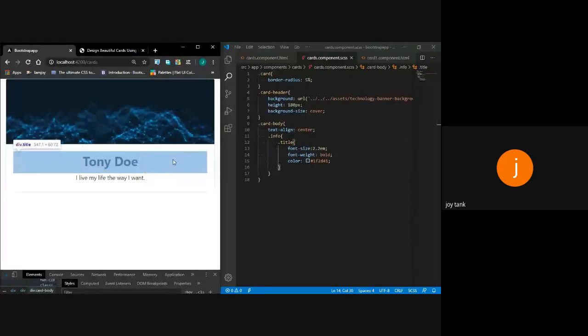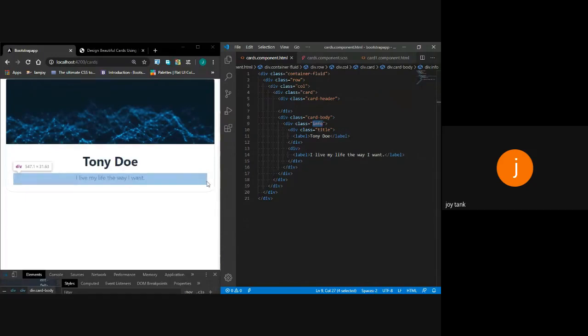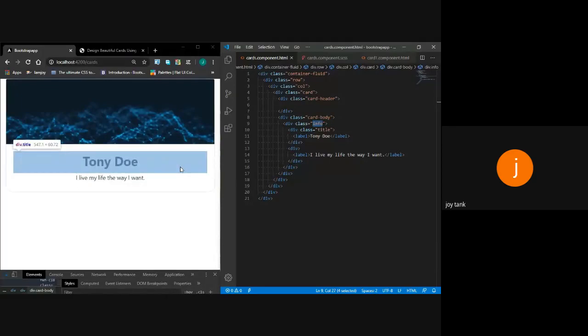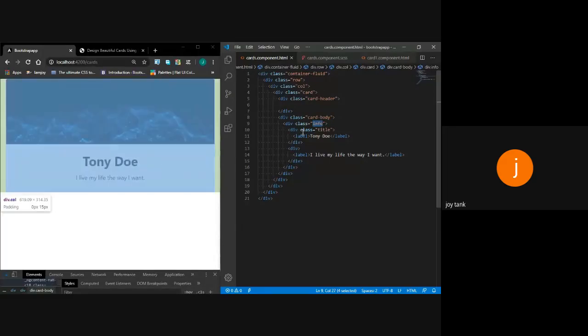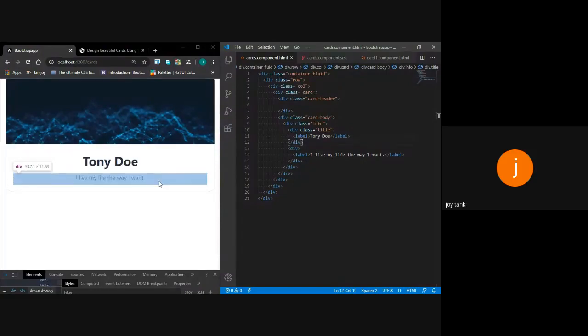This div title I have written here. You can see a title. This info, you can see, is the parent. This div container, div title. Within this div title, I have used these different div titles. A div is an arrangement of items in a vertical manner. Using a div gives you more advantage than writing without a div, so that you can arrange your items in a vertical manner, one below the other. That's why I've used a div.